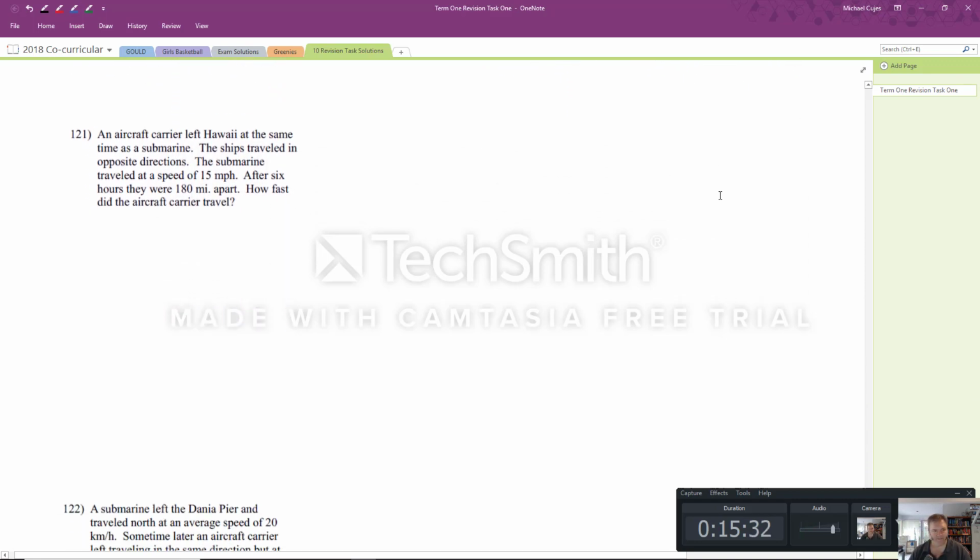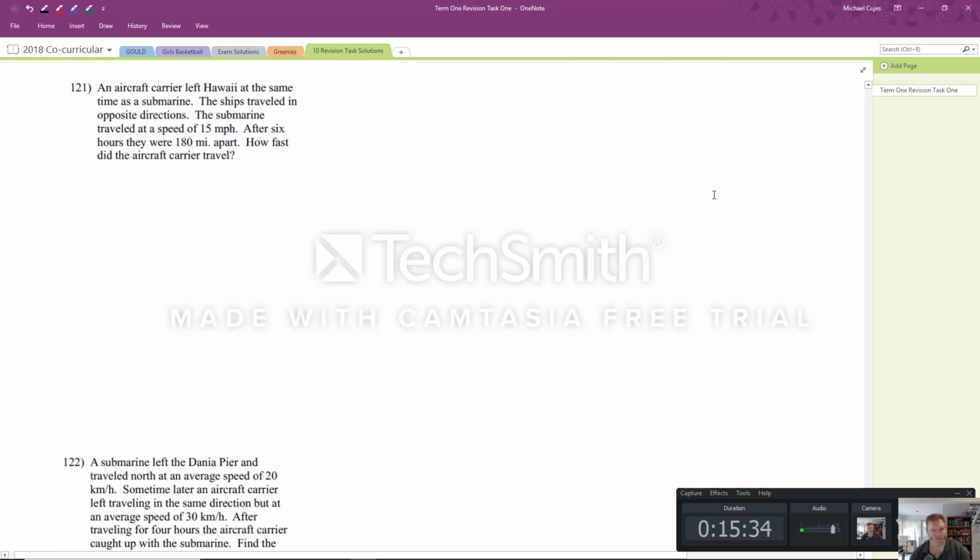Let's just power through. An aircraft carrier left Hawaii at the same time as a submarine. The ships travelled in opposite directions. The submarine travelled at a speed of 15 kilometres per hour. Let's start drawing this. I think it's going to help us. There's Hawaii. Let's say the submarine went this way, and oh look, they chose miles per hour. I even said kilometres, but this is 15 miles per hour after 6 hours, and so that's the submarine,